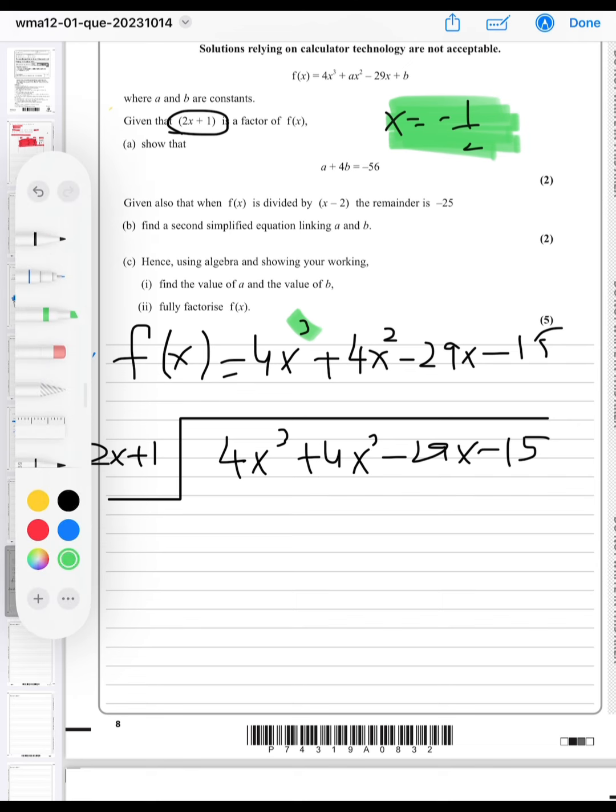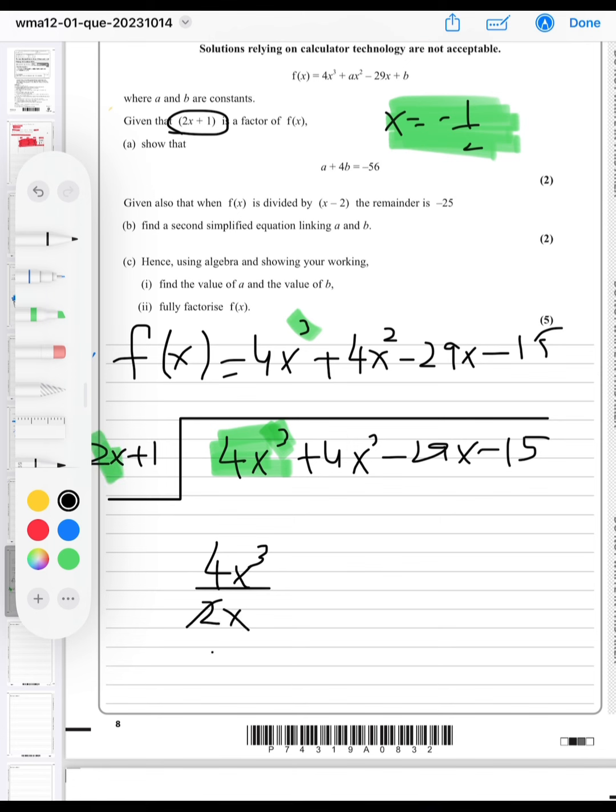We have to target the highest powers, and we will remove the highest powers one by one. Now the numbers, the coefficients, we have to finish the whole power, the highest power. So the highest power here is 4x cubed. So divide this 4x cubed by the first number. The first number is here,